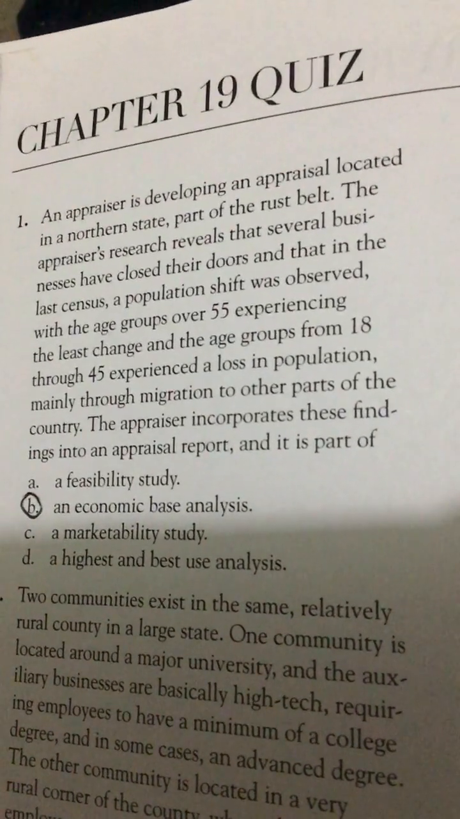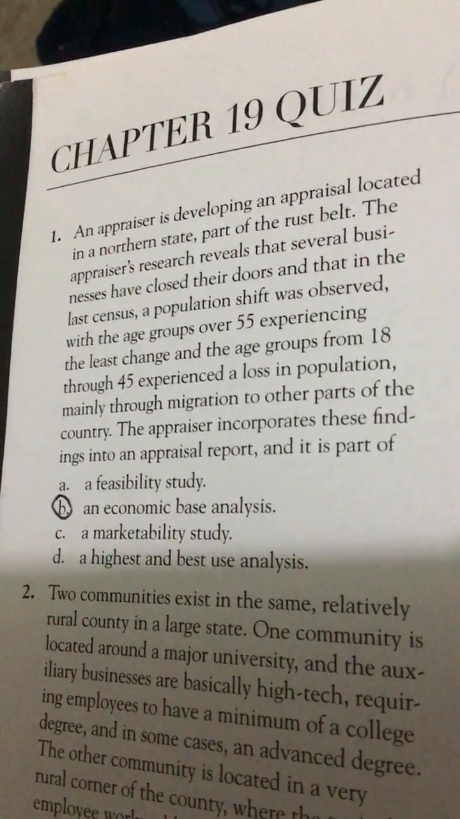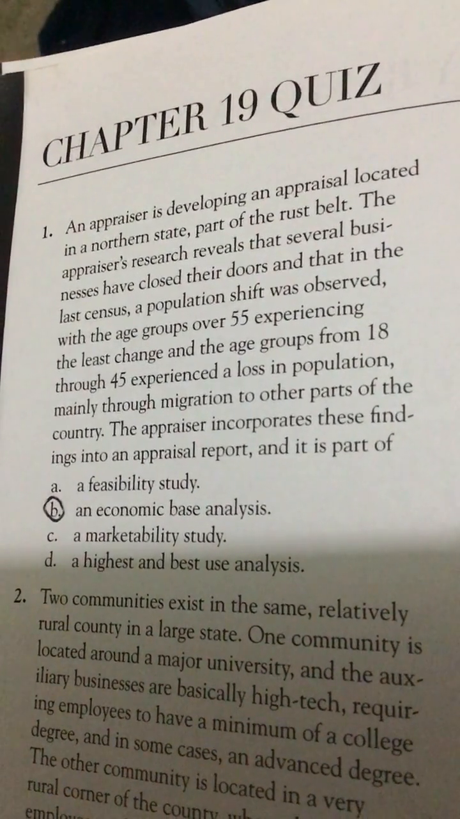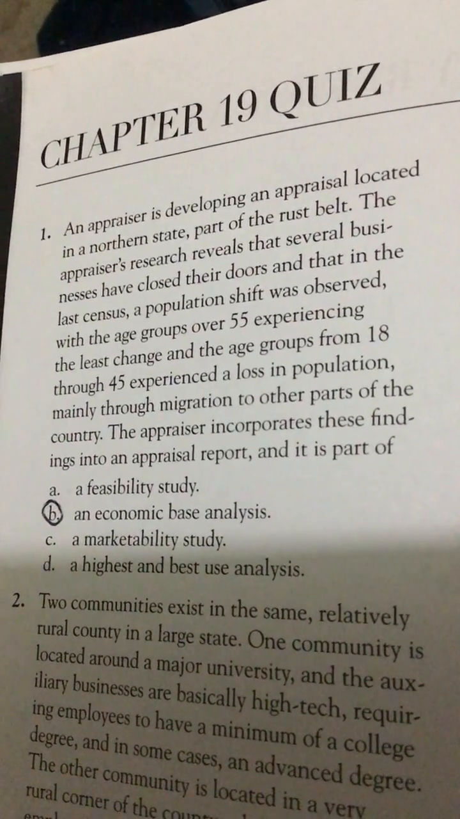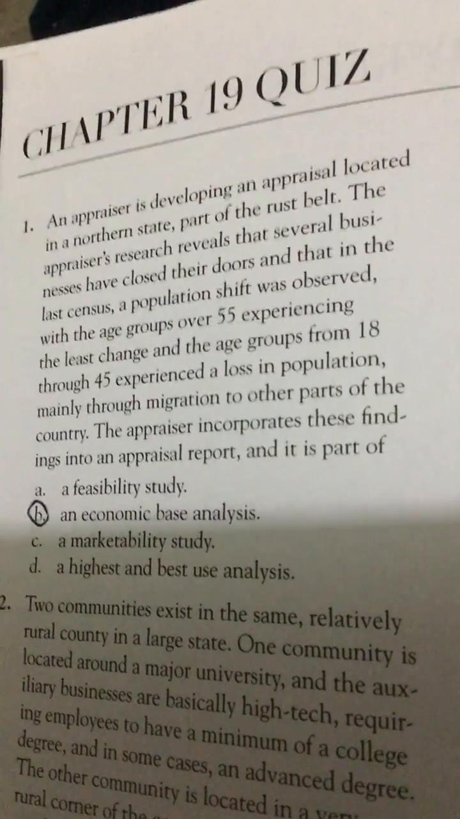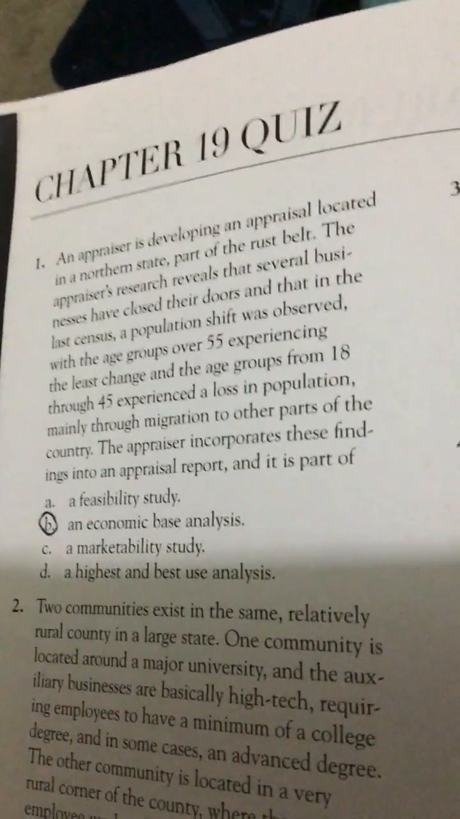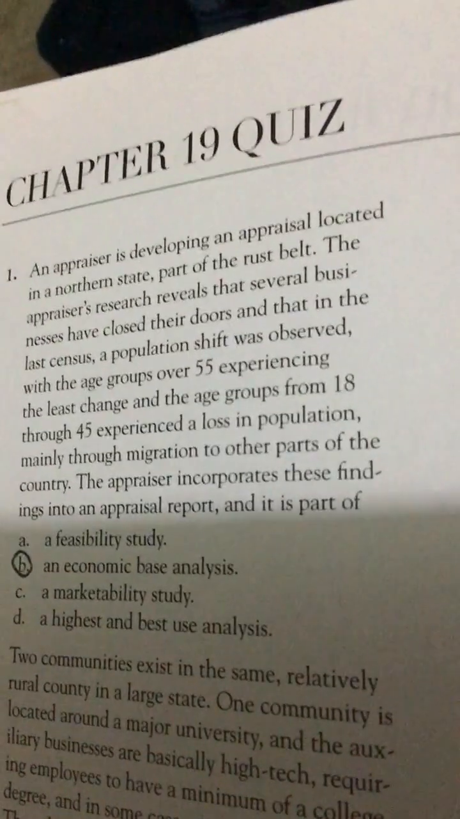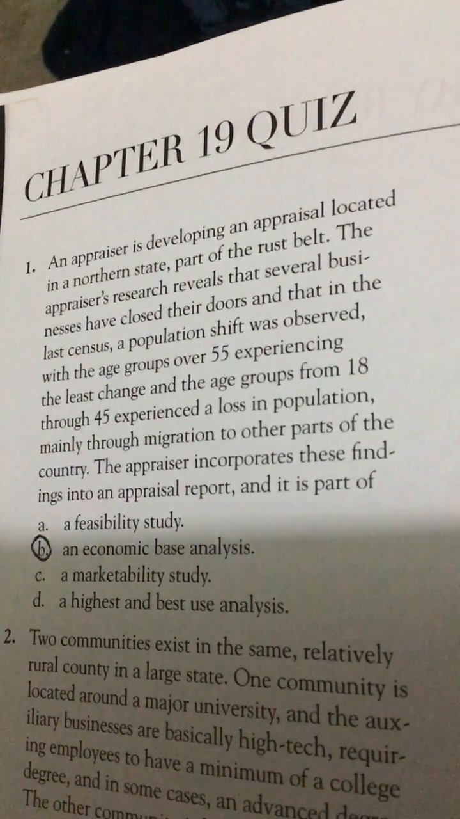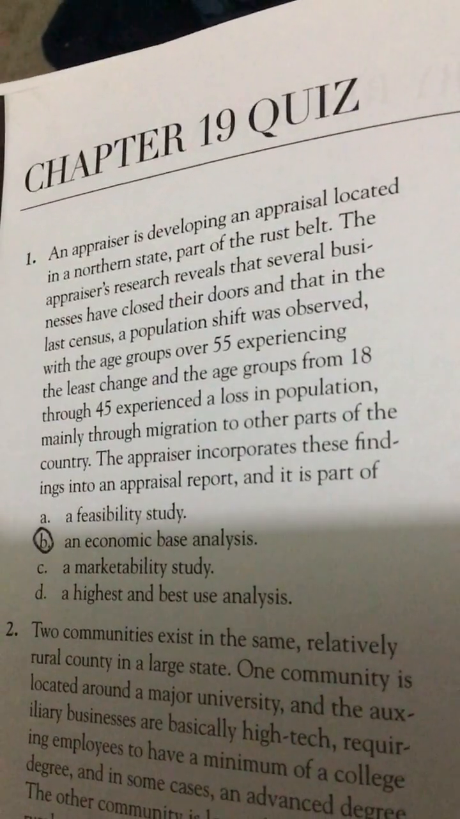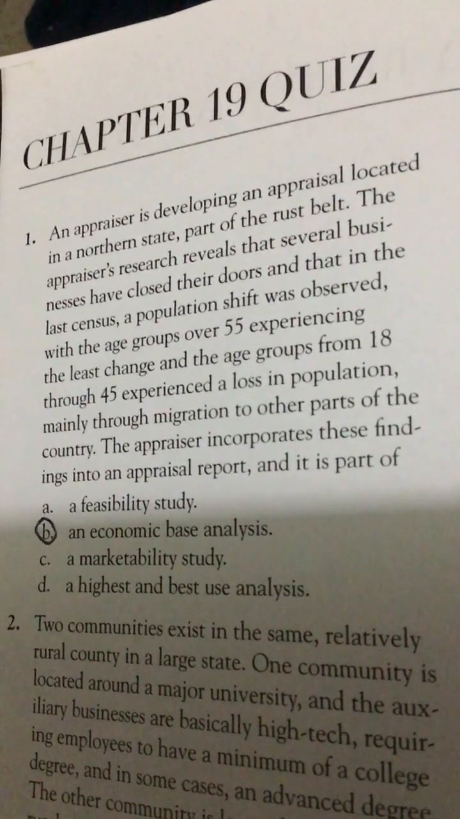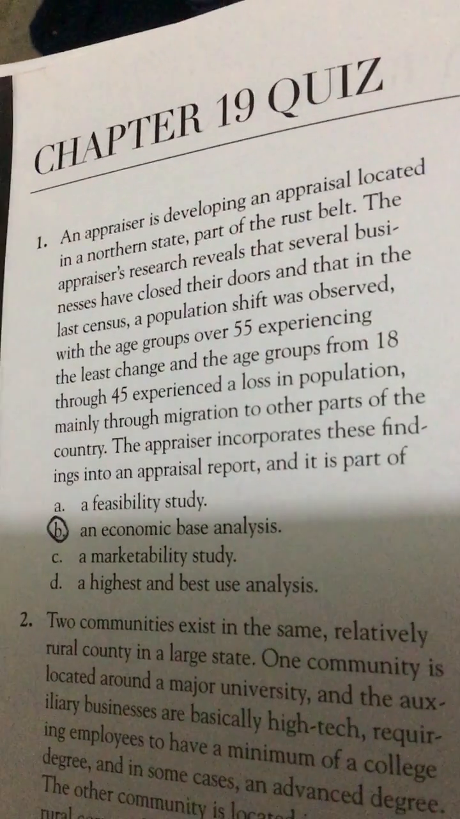Page 560, Chapter 19 Quiz. Number 1, an appraiser is developing an appraisal located in a northern state, part of the Rust Belt. The appraiser's research reveals that several businesses have closed their doors and that in the last census, a population shift was observed,